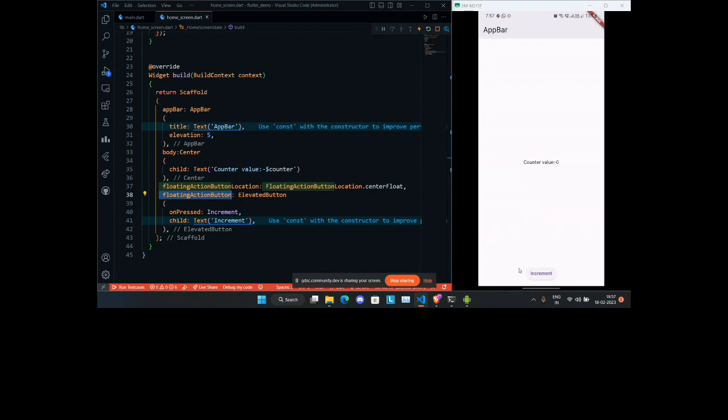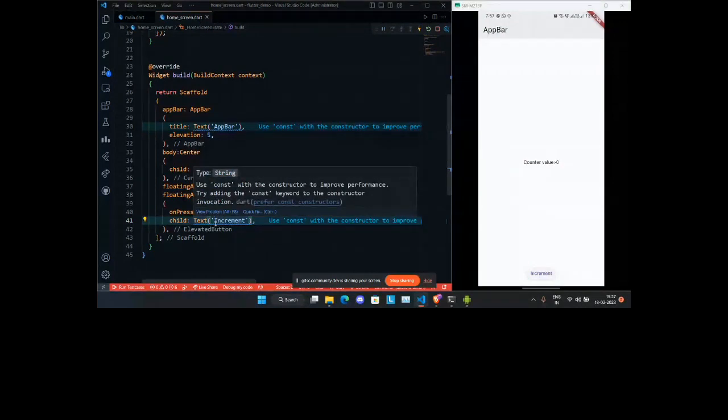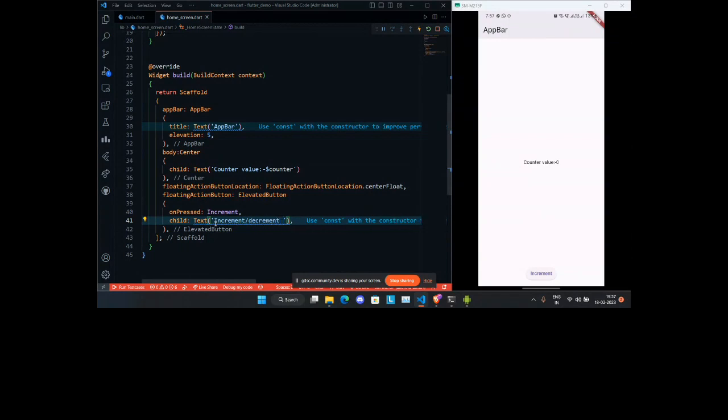What I did is, I gave it a child. This child is basically saying what the button should display. If I write increment slash decrement, that is going to be reflected on the UI. See, increment slash decrement.